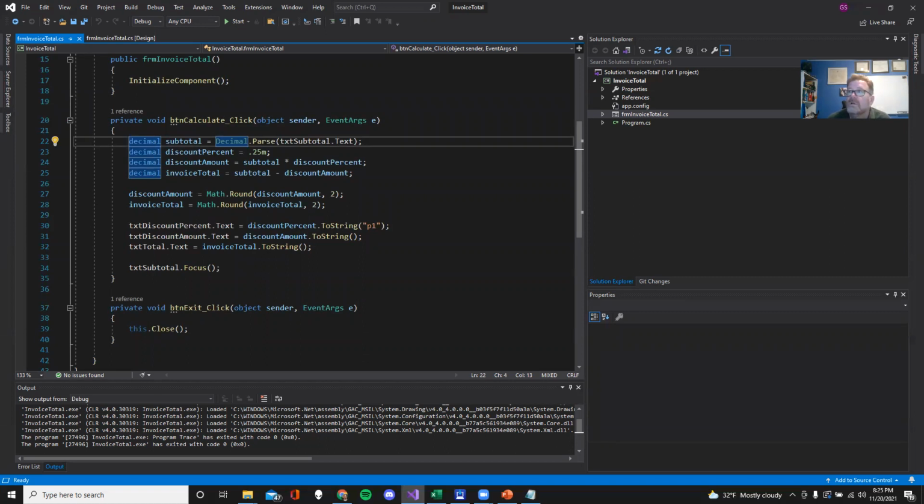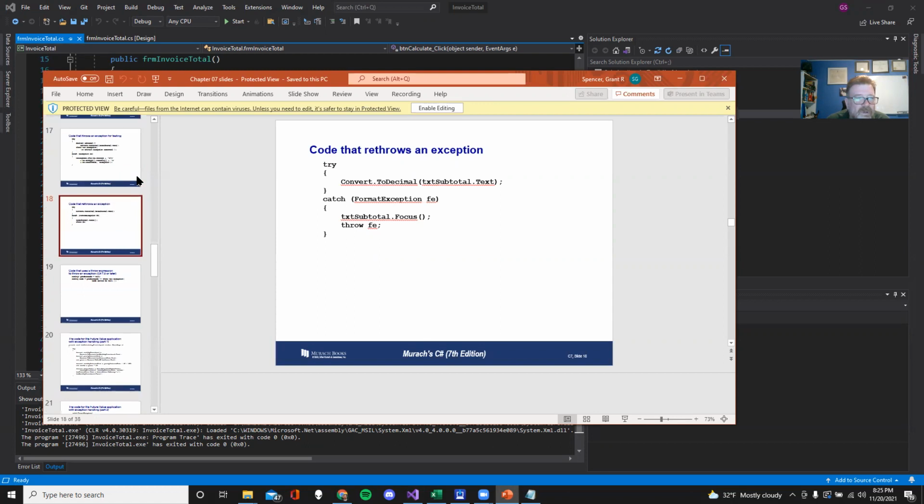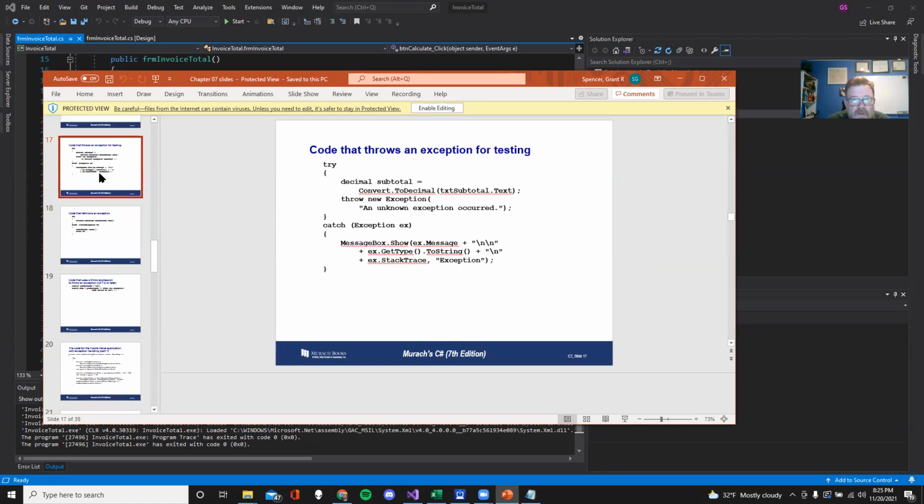So I wanted to bring you to a slide that was for that. Right there. I think that's the one. Convert to decimal. If this thing blows up, it's going to do, oh, actually, that's not really what I want it to do. That's what I want it to do. I want to basically say, hey, if this blows up,